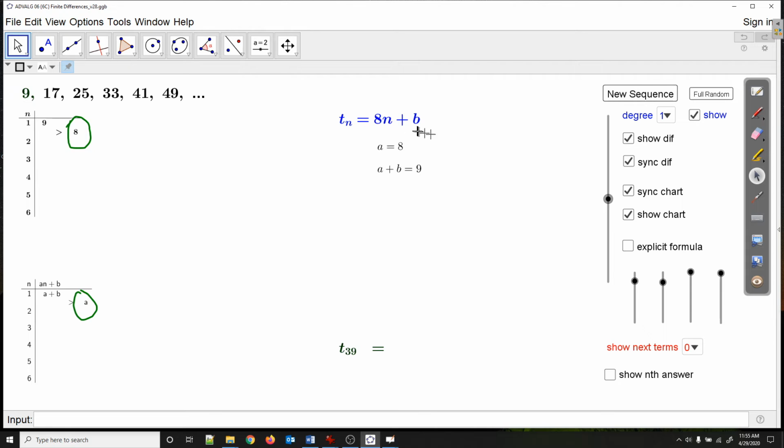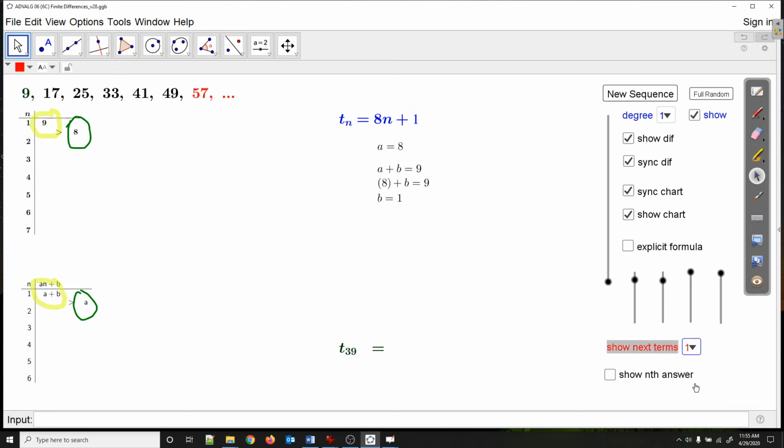which now you can plug into your formula and say 8n plus b. So now you can take the fact that 9 has to be equal to a plus b, substitute 8 in for a, and you'll realize that b happens to be equal to 1. Okay, so if I wanted you to find the next two terms of the sequence, let's do it one at